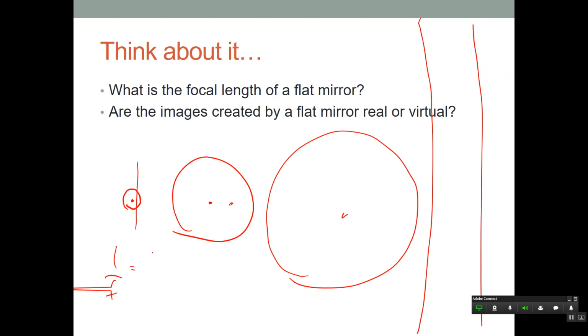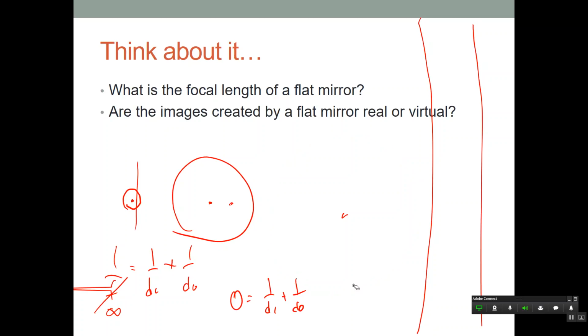So let's go back for a second. We have this equation, 1 over f is equal to 1 over di plus 1 over do. And we said that the focal point of a flat mirror is really, really far, so it would be essentially like saying this is 1 over infinity. 1 over infinity is equal to what? The limit as f tends towards infinity of 1 over f is 0. So you're going to have 0 is equal to 1 over di plus 1 over do,